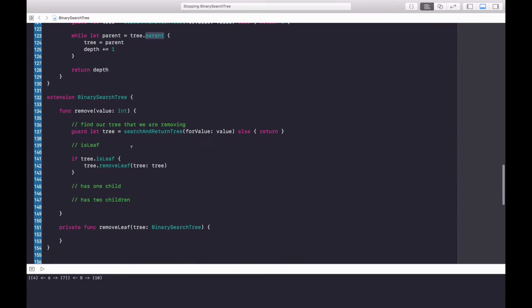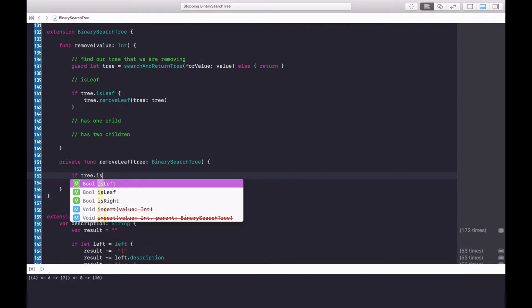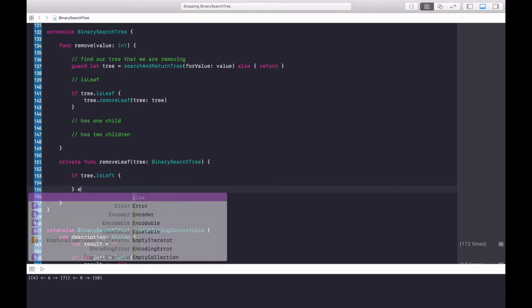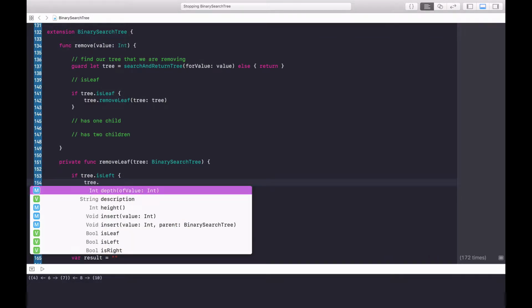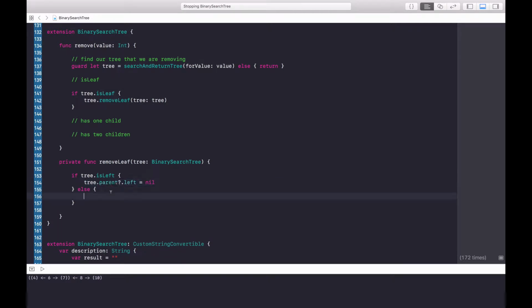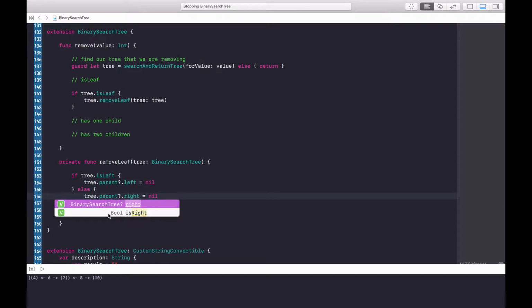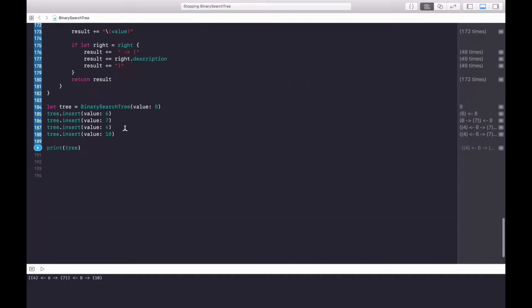So let's hop back down to our function. We're going to say if tree.isLeft, and then we can actually just say else. We're going to say tree.parent.left equals nil, and for the right we're just going to say right equals nil, and that's all we have to do to remove our leaf. And then make sure that you call that function up there under your isLeaf condition,